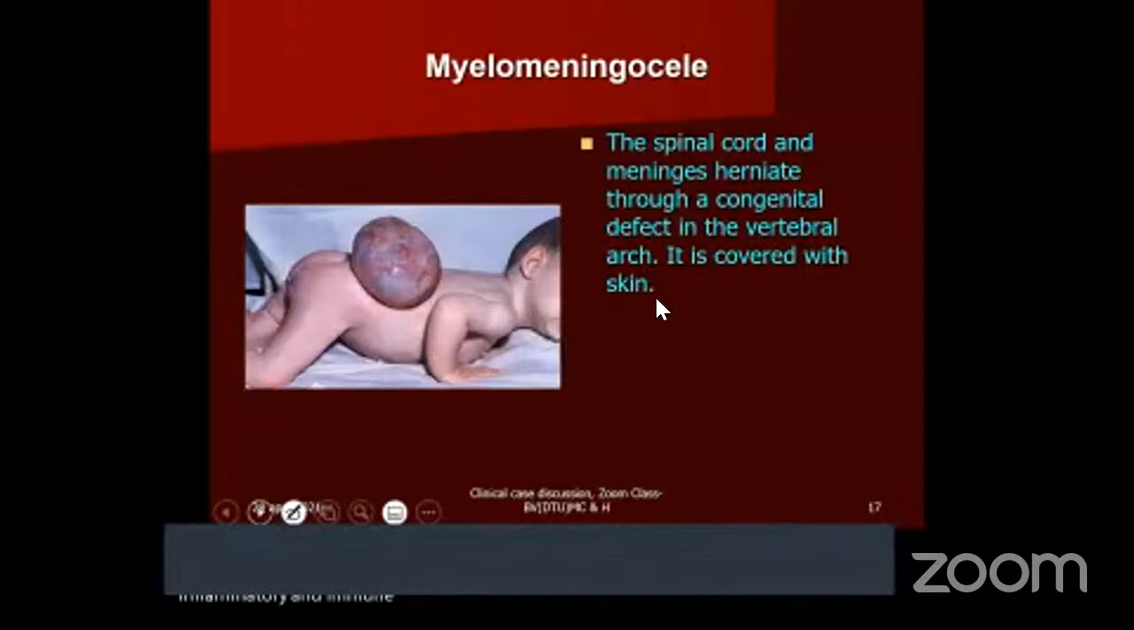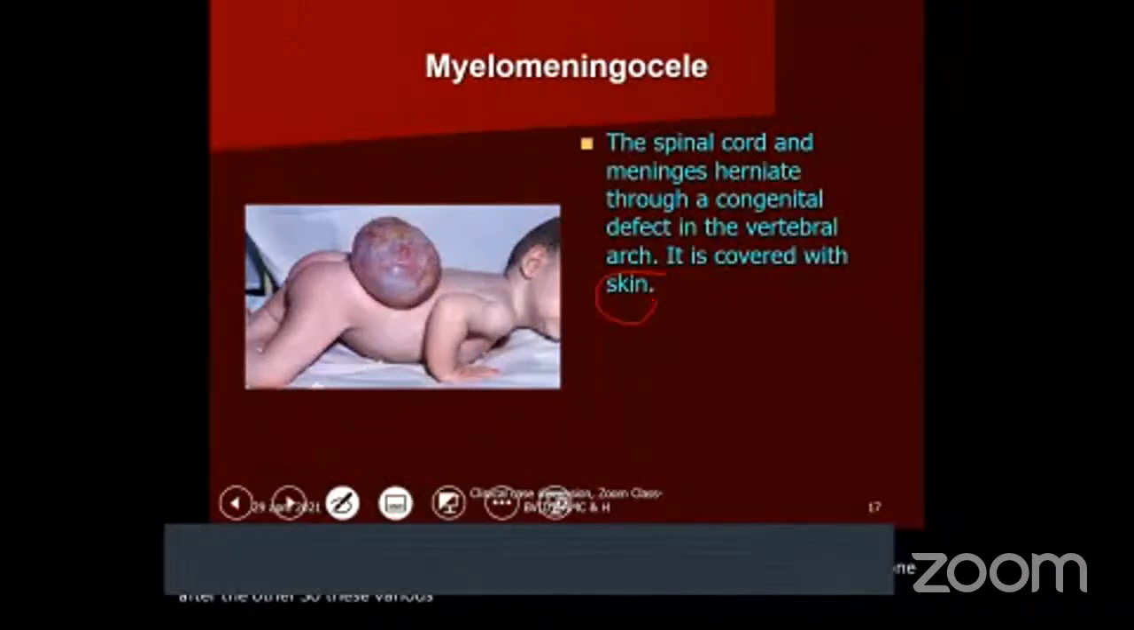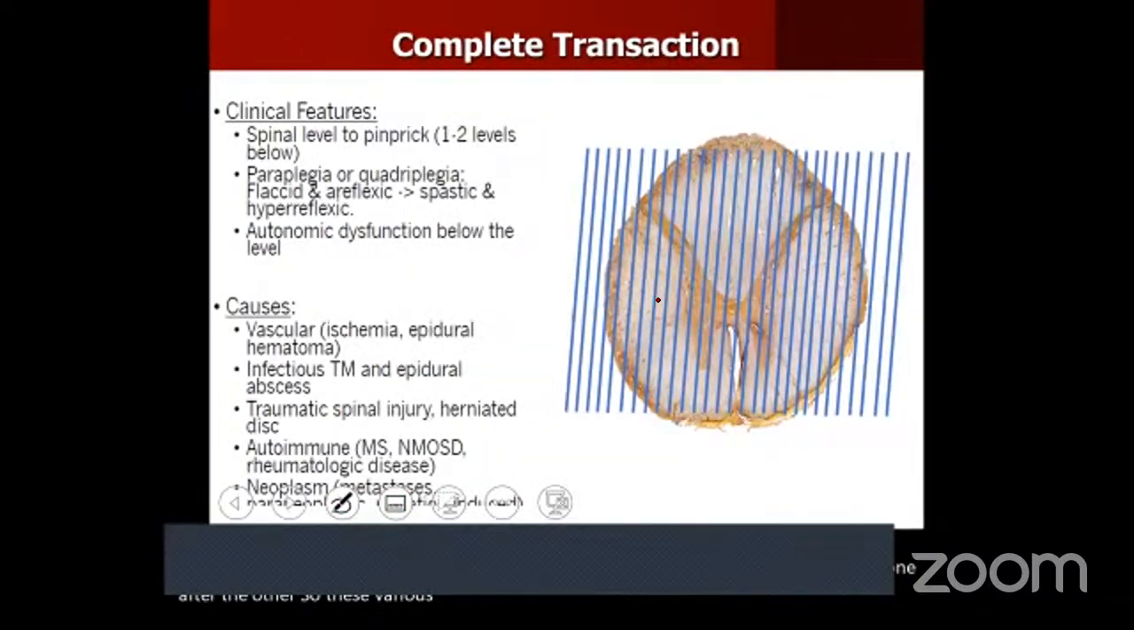So at the end of the examination, you should always look for a tuft of hair or a sinus, pilonidal sinus, or a myelomeningocele, which will tell that the individual has a problem in the development, and that could be myelomeningocele. And other pathologies which we come across are vascular ischemia, epidural hematoma, infections, traumatic spinal injuries, autoimmune diseases, and neoplasm